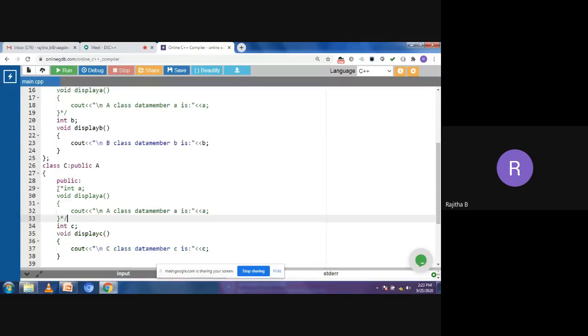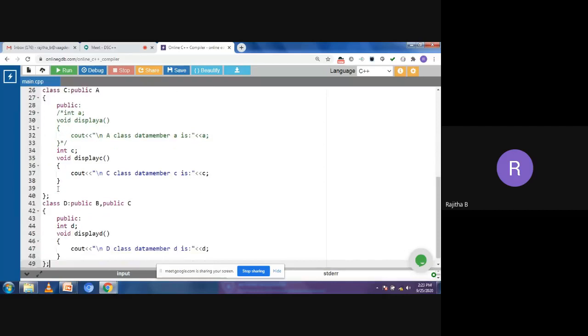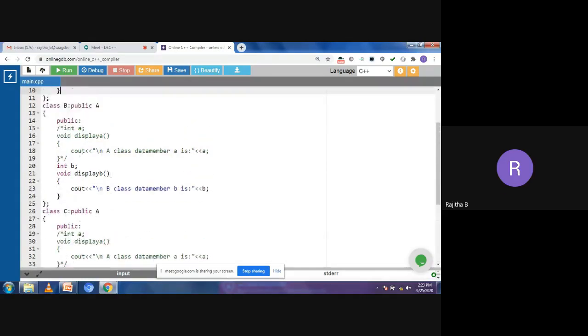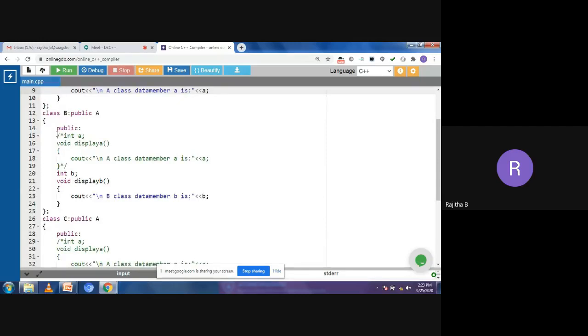Okay. Now come to this one, display D. So what is this display D? It is a class derived from B and C. Whatever B and C data members and member functions you have, all those are inherited into the D class. So what are my B class member functions here? You can see the screen.